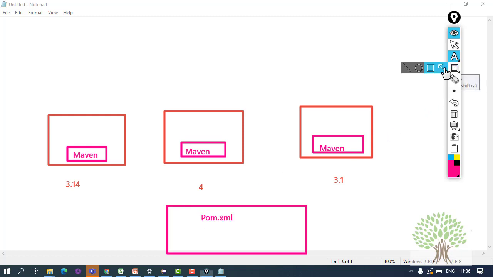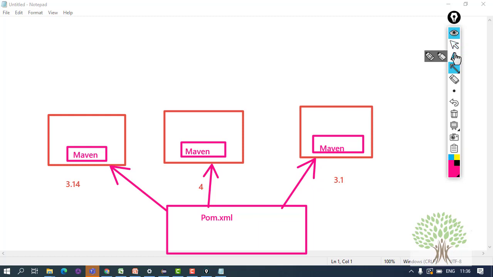This pom.xml is given to every team member, and every team member has Maven. What is pom.xml having? It has the versions. In pom.xml we define that I am using Selenium version 4, I am using, say, TestNG version 7. I'll mention all the versions of the jar files which I require.